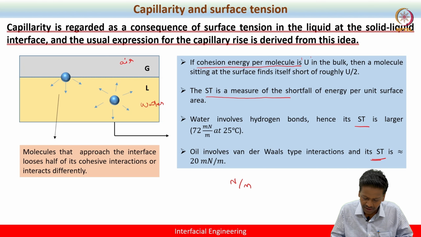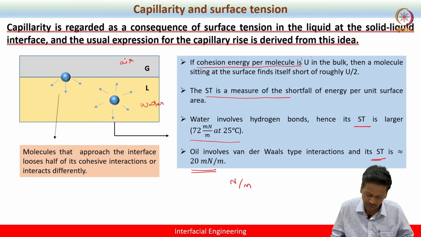Okay, so the surface tension in this case will be drastically different. It is because of the interaction between the molecules at the interface. They are exposed to two different adjoining phases, right? So the neighboring molecules are entirely different. In the case of water-air, the surface tension is a little larger than any alkane-water system. Here it is 72 millinewton per meter. At the same temperature, if you measure for oil-water, it is 20 millinewton per meter. The difference is due to the different types of interaction.